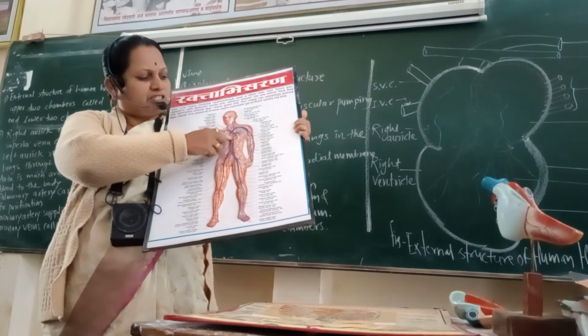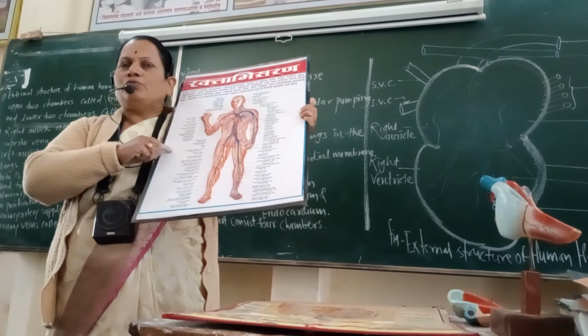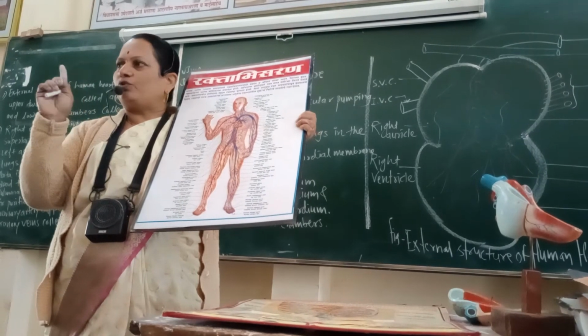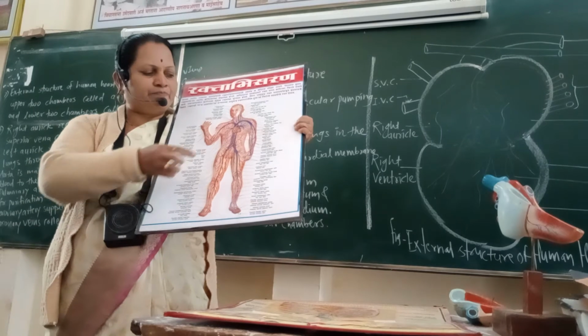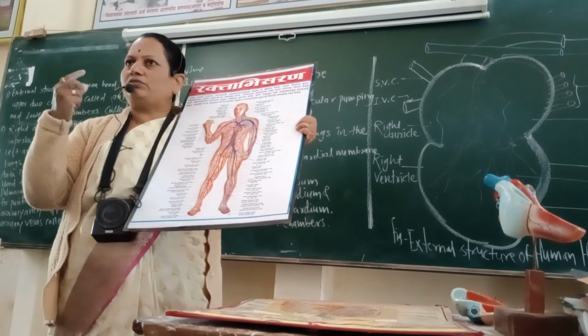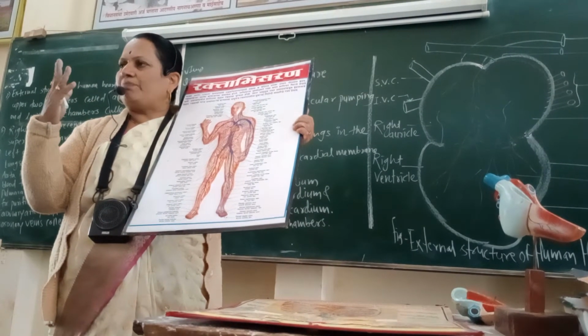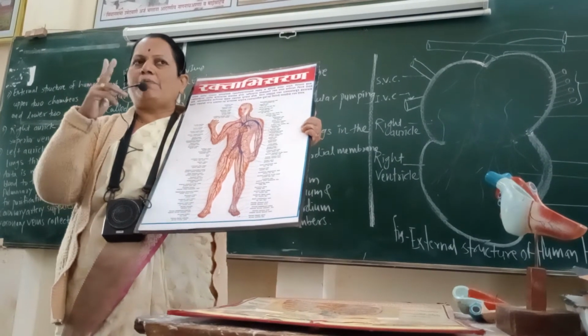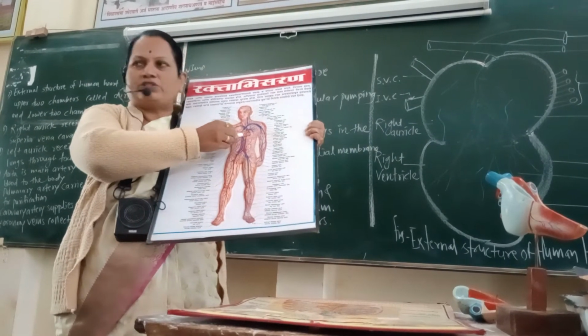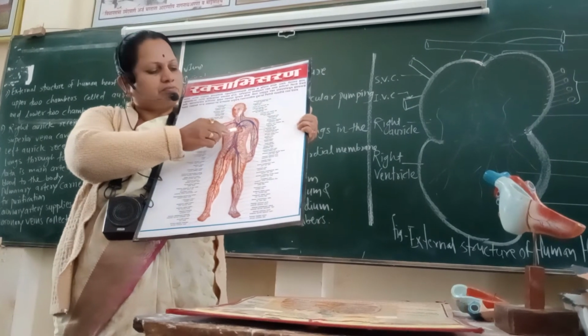Most important function of the heart. The human heart normally beats 72 times per minute and supplies pure blood to the body and collects impure blood from the body. Externally, the human heart shows mainly 4 chambers, and internally it shows 4 perfect chambers. Upper 2 chambers are called auricles, lower 2 chambers are called ventricles.